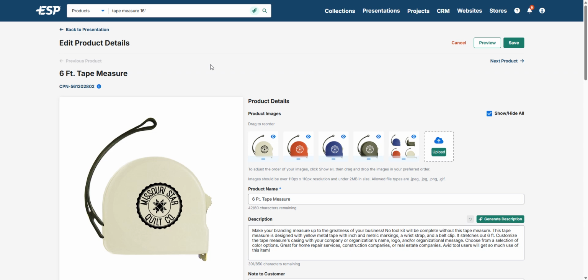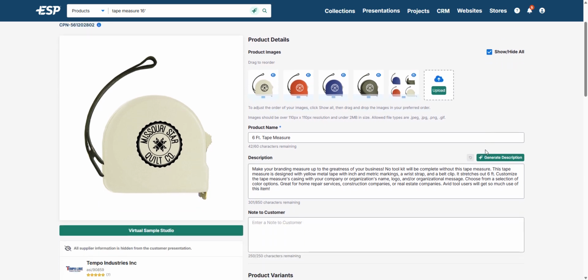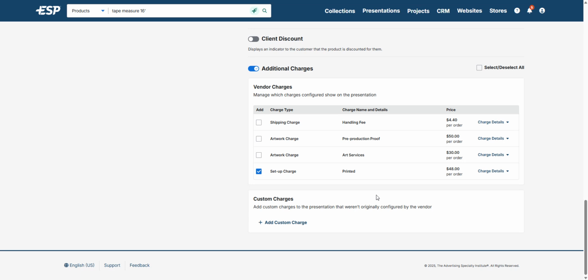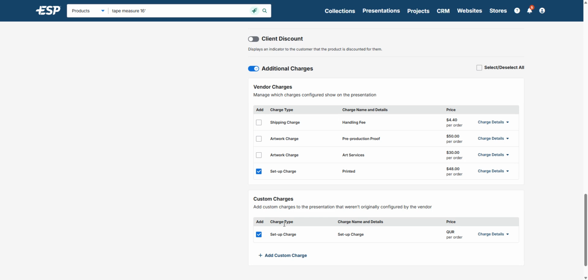When you're in ESP and you have already created your presentation, you would go into each individual product, scroll all the way to the bottom, and you would click on Setup Charge here. It's not automatically there. Then you would click on Add Custom Charge, and while you're in here under Charge Details,